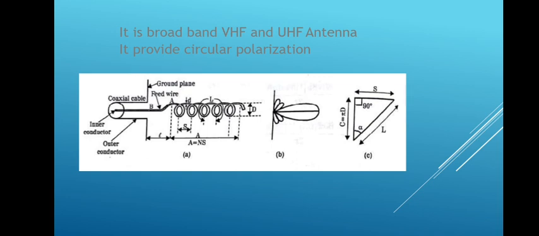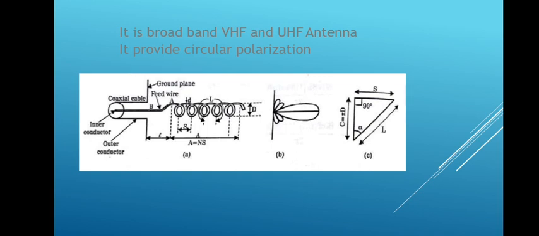For example, let us take this. It consists of a helix of thick copper wire or tubing wound in the shape of a screw, right? It is used in conjunction with a flat metal plate called the ground plate. Here you observe that the ground plate is the outer conductor connected. One end of the helix is connected to the center conductor of the cable and the outer conductor is connected to the ground plate as shown in the above figure.